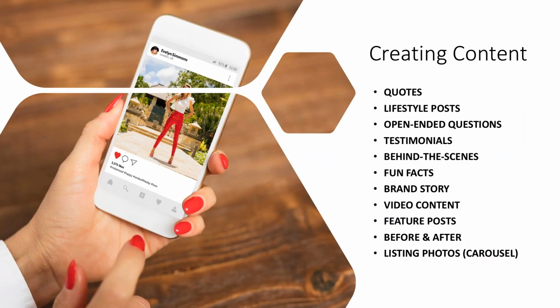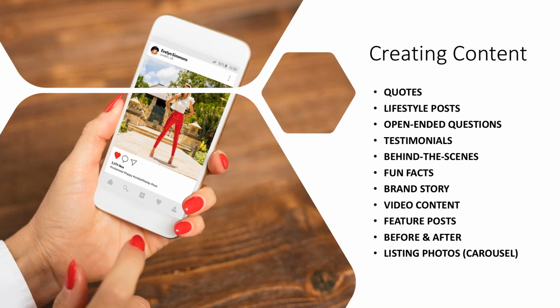So when it comes to your Instagram account, here are some creative ideas for you when creating content for Instagram. I'm sure if you're on Instagram, or you've been intermittent at times, you'll see a lot of different content on there from people you follow. For you guys, there are some things you can do that will break up the same old boring just listed, just sold, as you noticed. That's the last one I put down there at the bottom because that's a no-brainer.